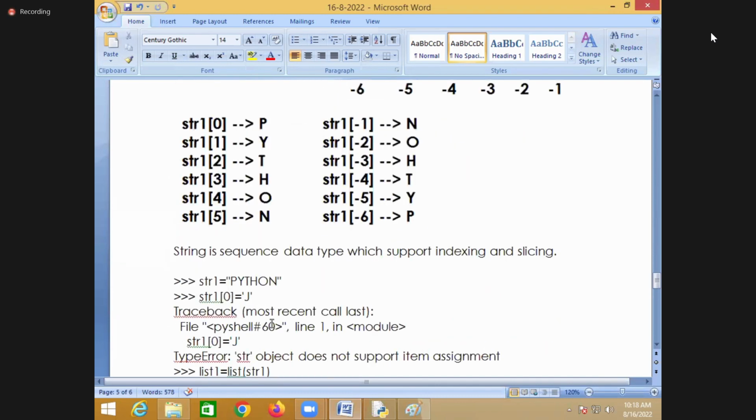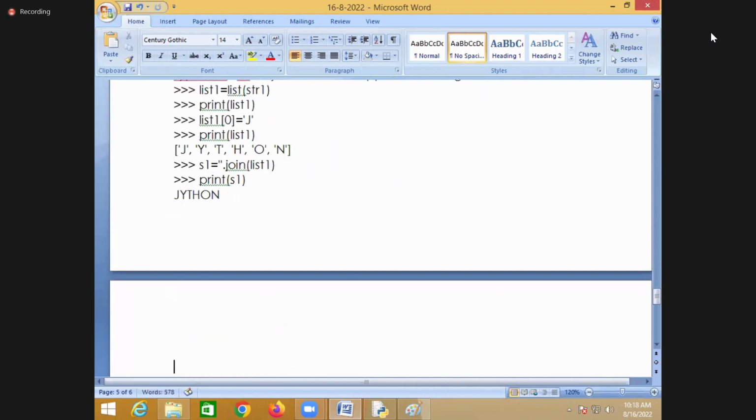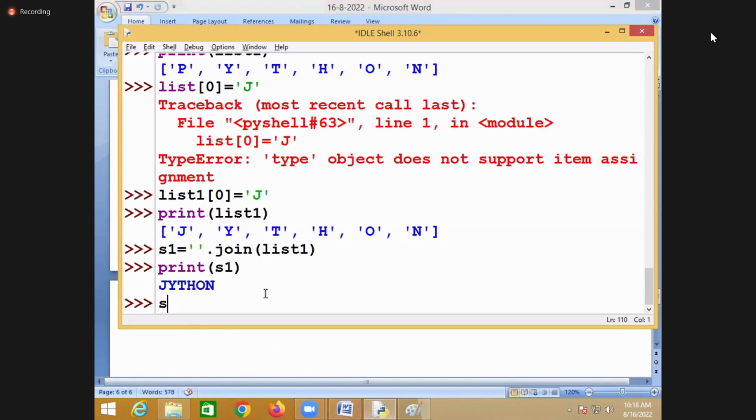Okay. So it supports indexing as well as what? Slicing. The way you do indexing and slicing in what? List. The same indexing and slicing you can do on what? String. Same indexing and slicing you can do on the string. For example,